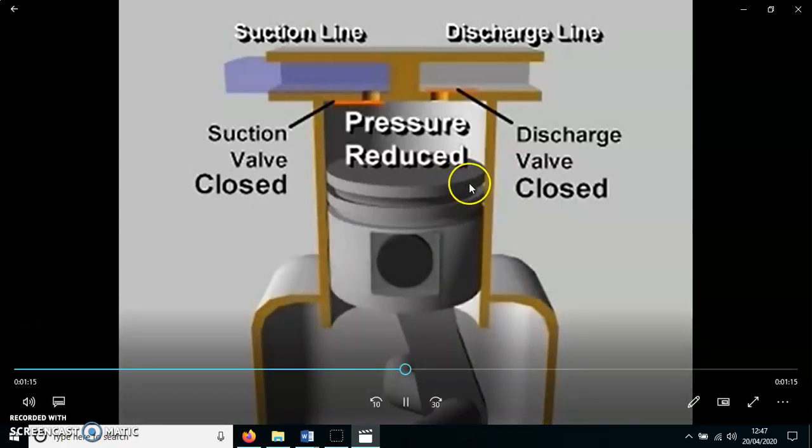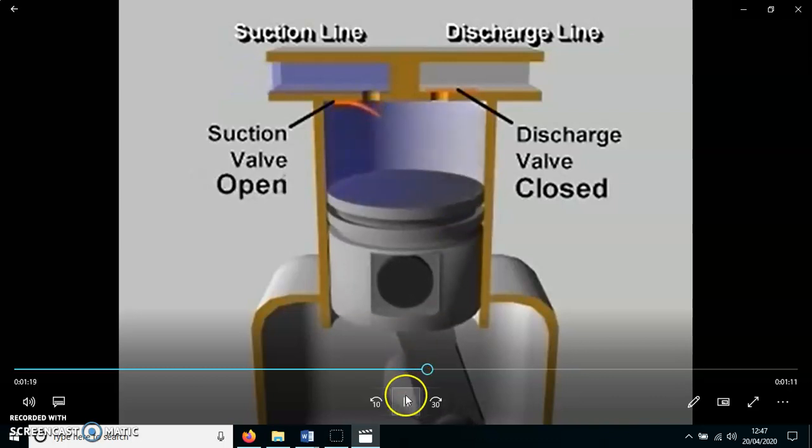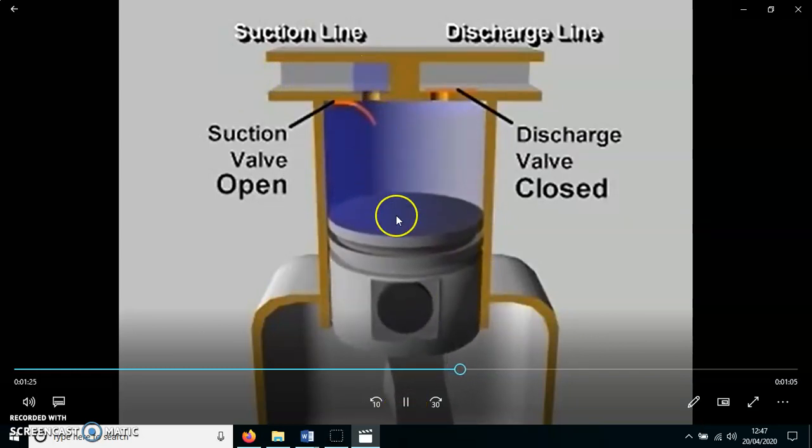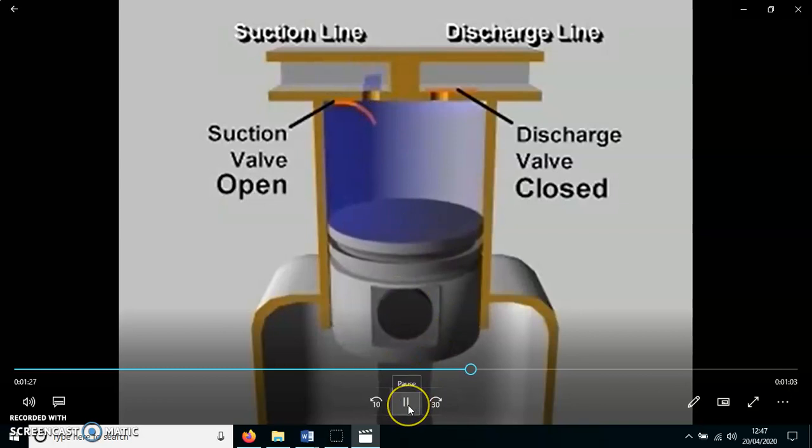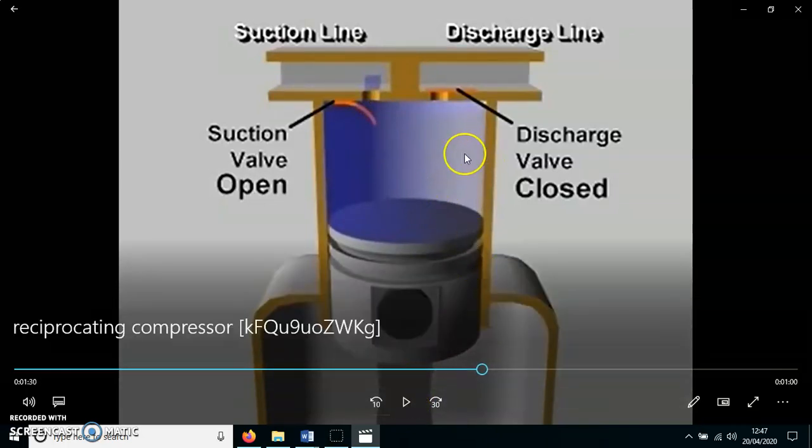As the pressure in the cylinder falls below the low side pressure, the pressure difference opens the suction valve. You can see it in the animation now. Now here your suction valve is open, and flow into the cylinder, the piston and the suction starts, and it continues until the cylinder is filled, till the piston is reaching bottom dead center. So from this intermediate position to this bottom dead center, actual suction happens.